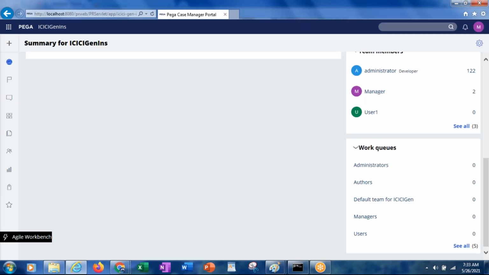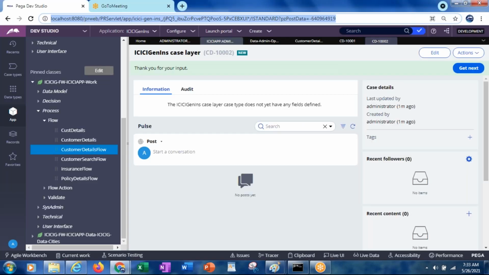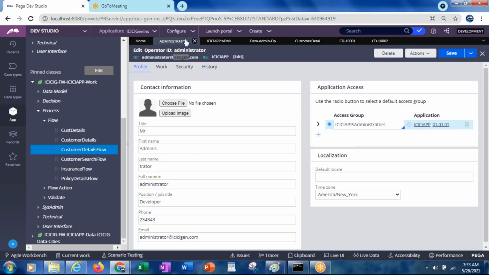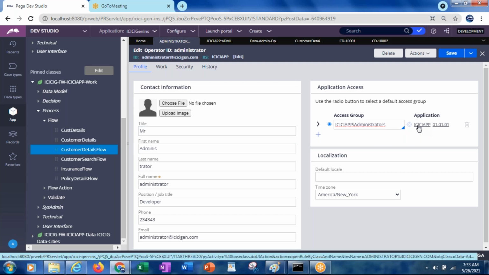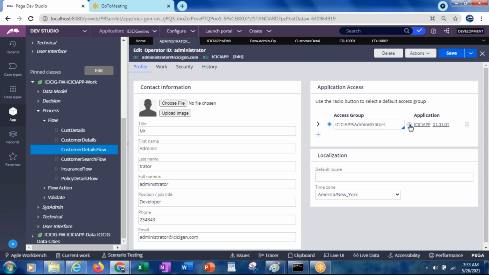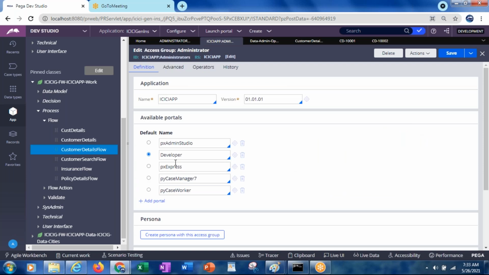Now after creating the operator ID, we give the access group. For example, if I create one more operator ID and give that operator the same access group, that operator will also have the same level of privileges, the same level of applications, and the same level of portals.